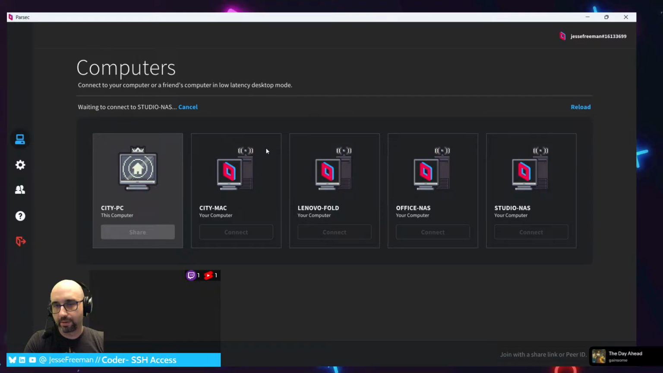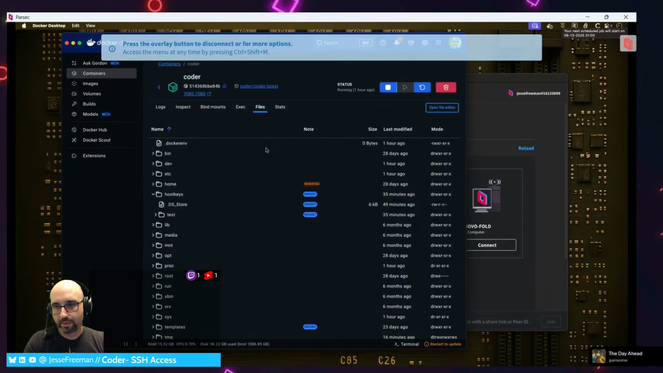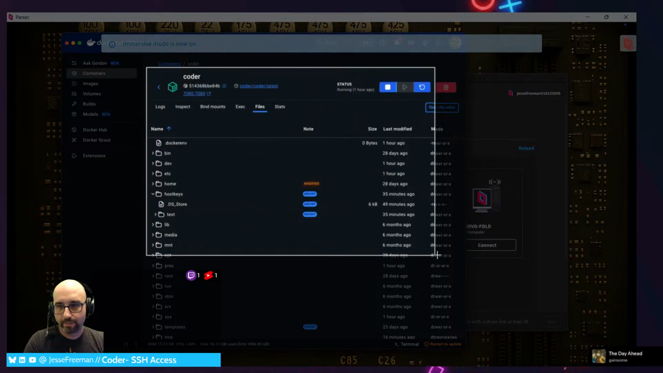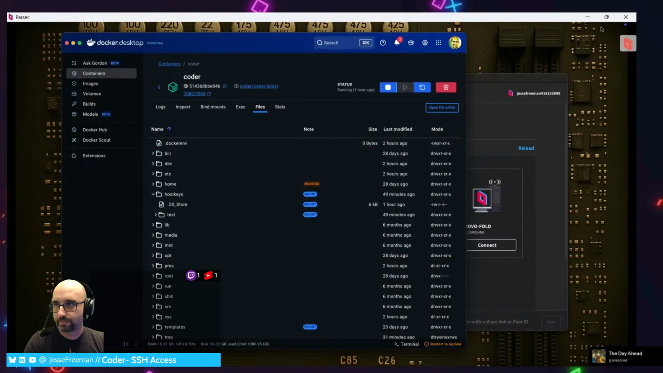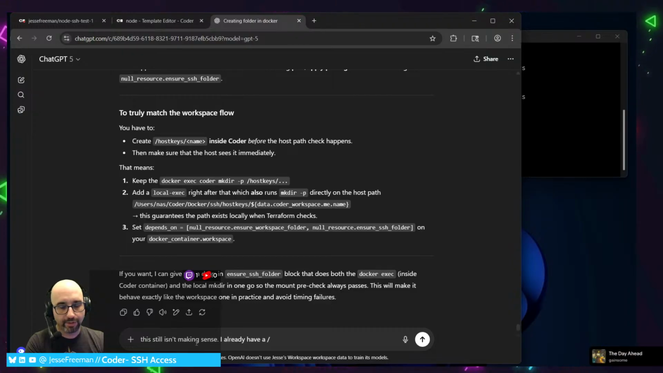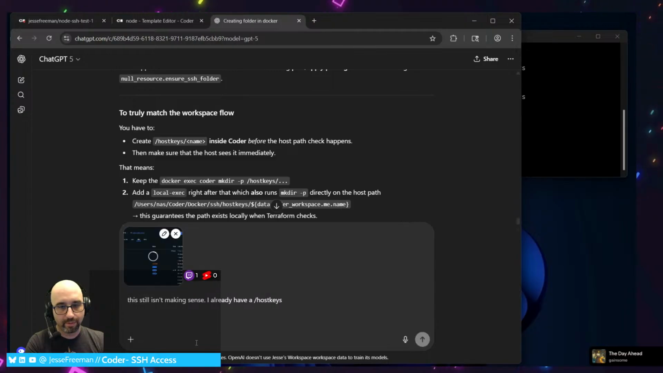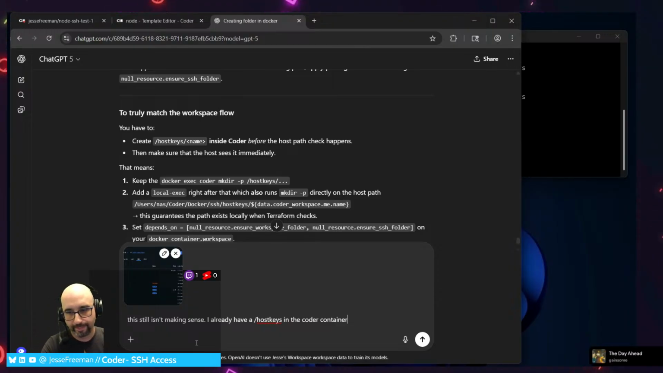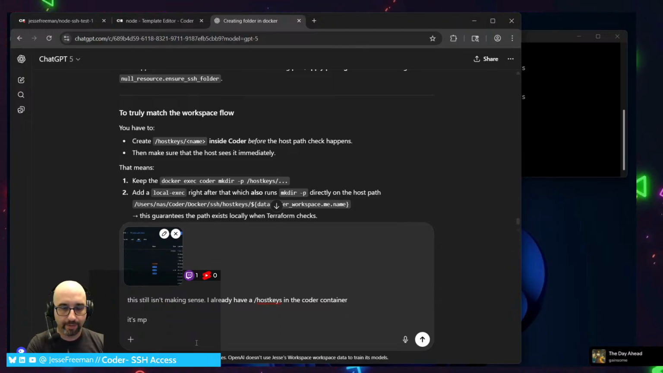Give you a drop-in. You keep saying you give me a drop-in thing, but for parsec. This still isn't making sense. I already have a slash host keys in the coder container. It's mapped